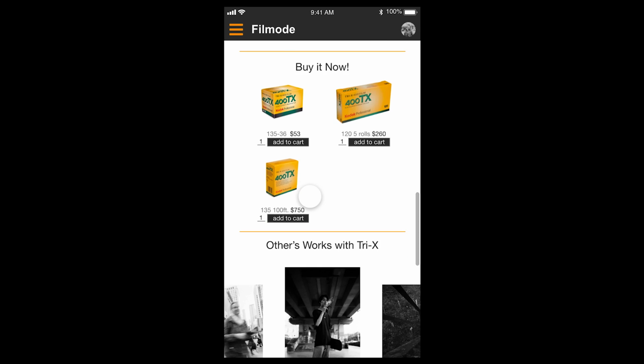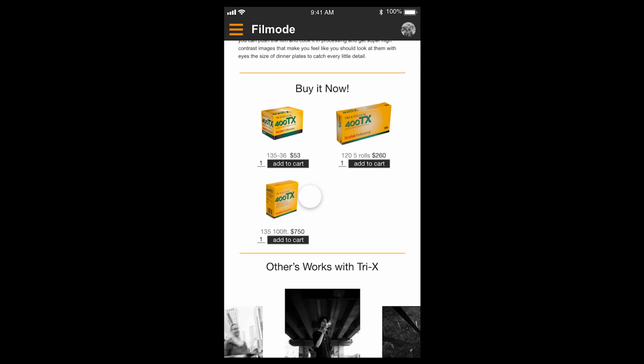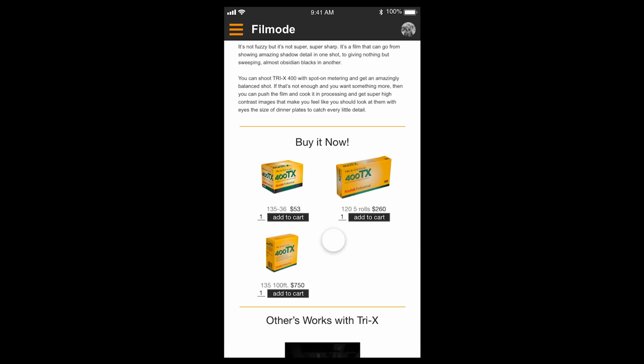And below, in this section, we can buy films. This app is kind of cool in that it not only helps you understand and know what kind of film you like, and what the film looks like after it is processed, after you shoot it, you can also buy films here. So let's buy this one,